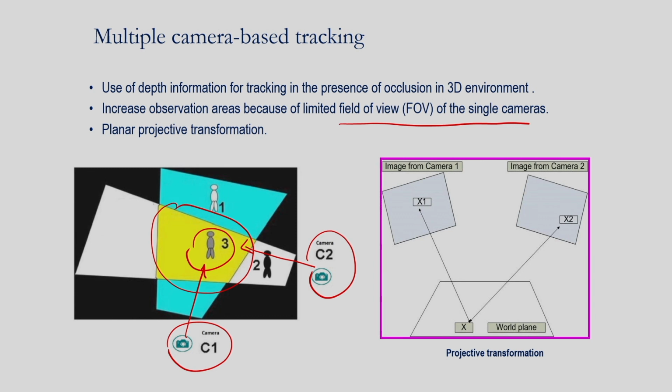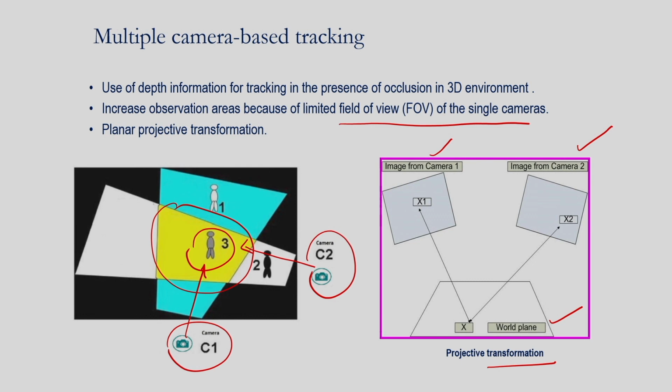In case of the multiple cameras, we have to find the correspondence between two cameras or multiple cameras. In this example you can see I am considering the camera 1 and the camera 2, and I am finding some transformation to find the correspondence between these two cameras. So this is the world plane, and suppose if I want to track the object, we have to find the correspondence between camera 1 and the camera 2. So for this we have to consider some transformation, maybe the projective transformation we can consider.